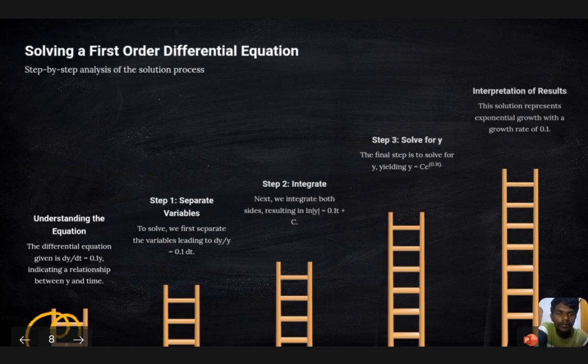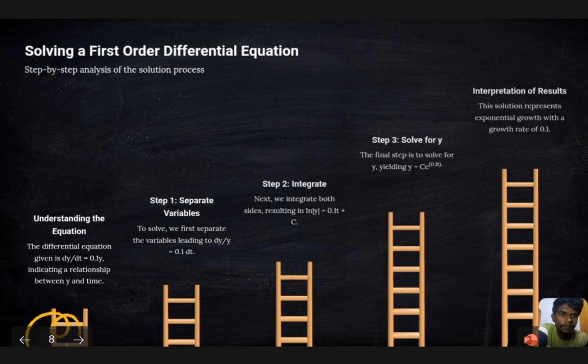The first step is to understand the equation, where the given form is dy/dt equals some expression. So let's take an example with a given equation. Let's say dy/dt = 0.1y, which indicates a relation between y and time. And the first step we need to do is